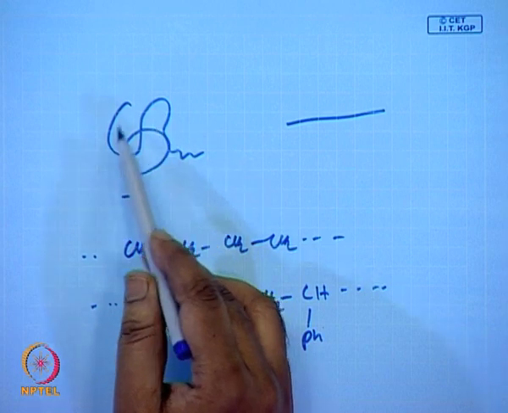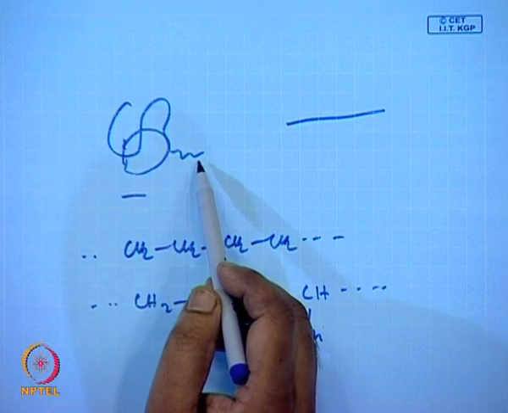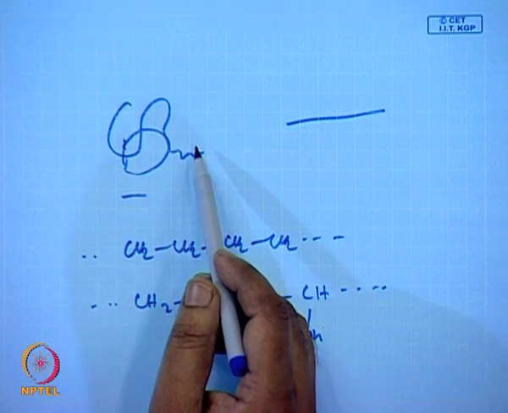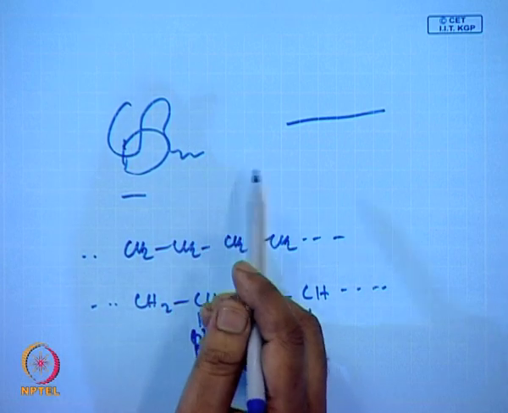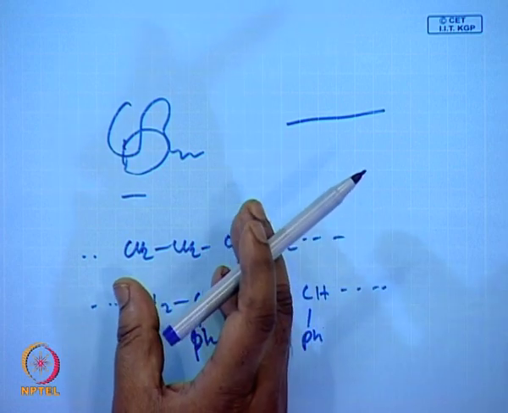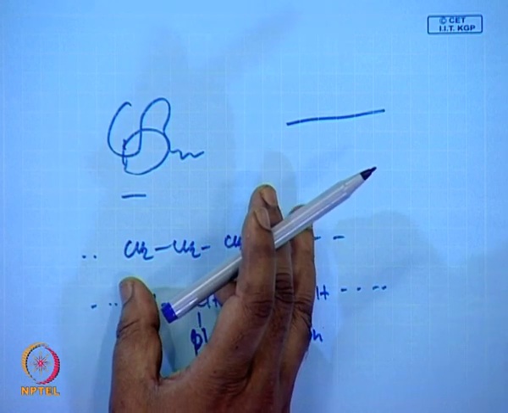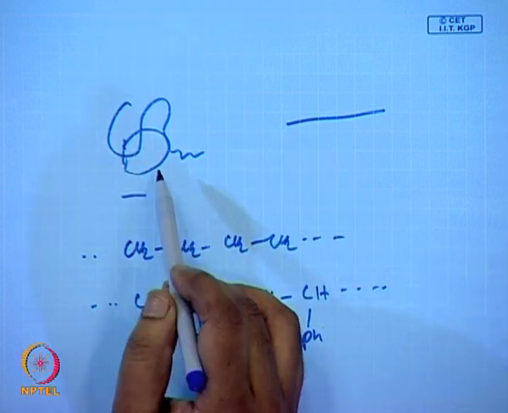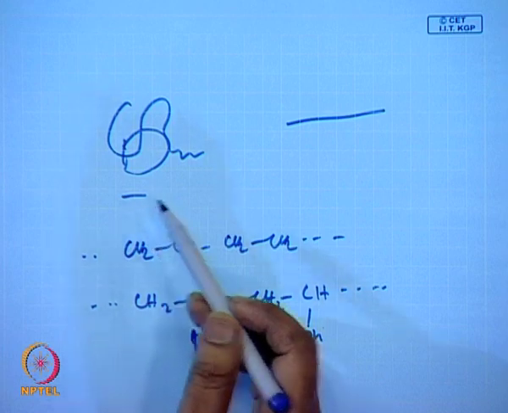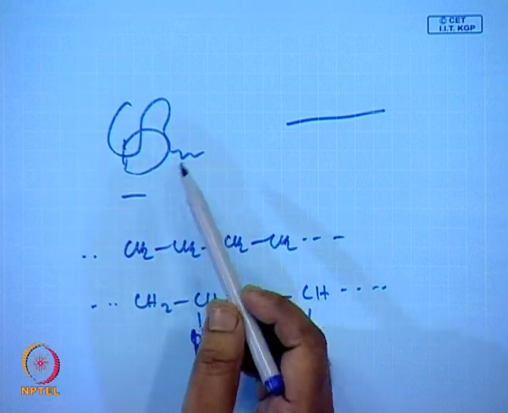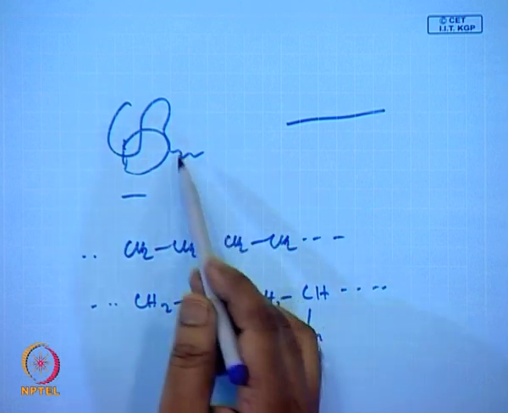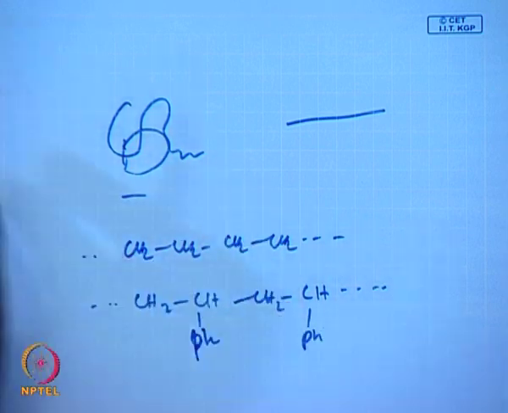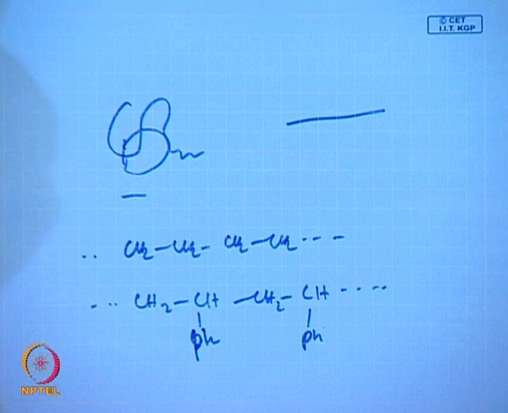molecules. Now, if the polymer is present in a concentrated solution, then one polymer molecule will come close to another polymer molecule. So that will in effect not allow the polymer to expand. Okay. So they will again try to contract. So these are the factors: whether the polymer is in a dilute solution or a concentrated solution, and whether it is a good solvent, a poor solvent or a theta solvent, that will dictate the size and shape of the polymer molecule. Now, let us talk about shape first.